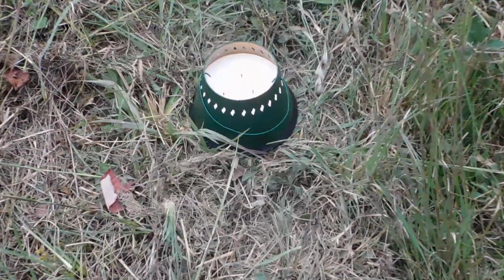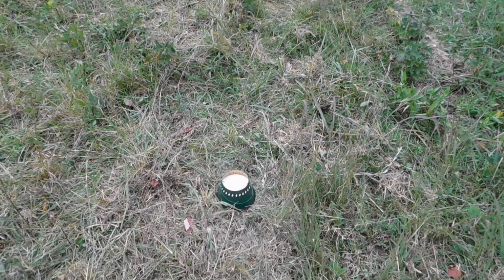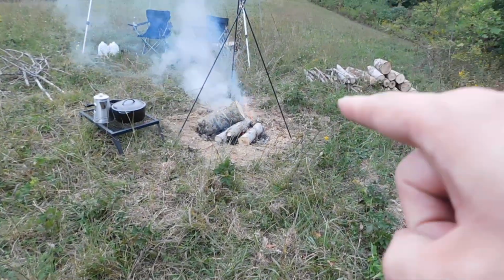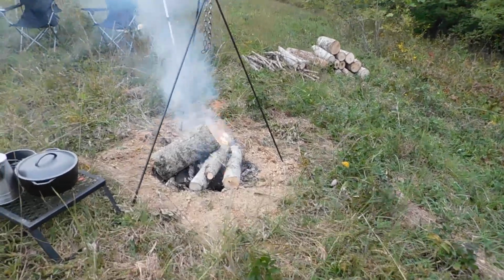Got a citronella candle going there. Look at it, focusing in on that. We're going to back that right back out because that was weird. And we have a fire going, as you can see, kicking off a lot of beautiful smoke, which will keep